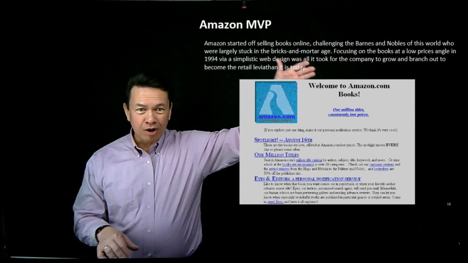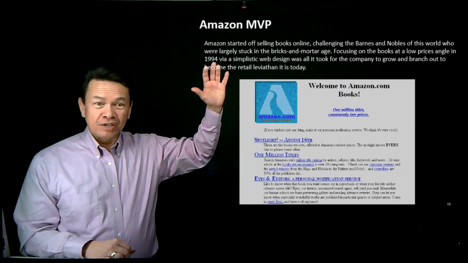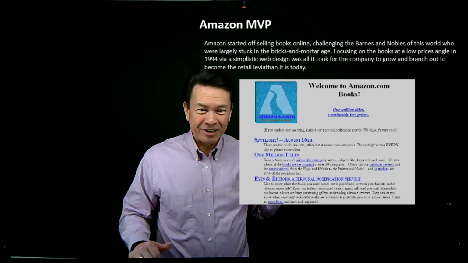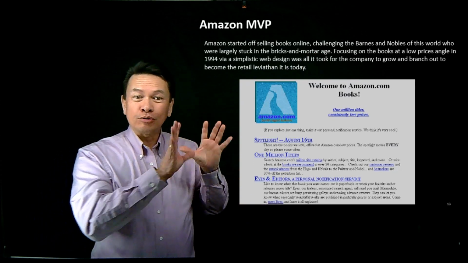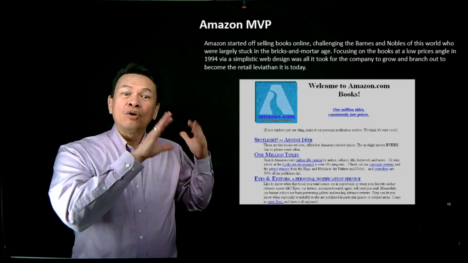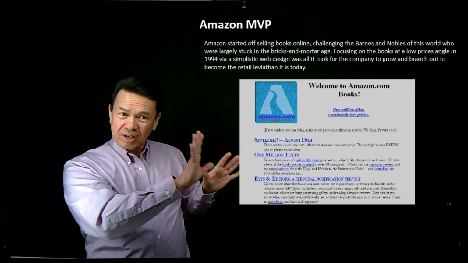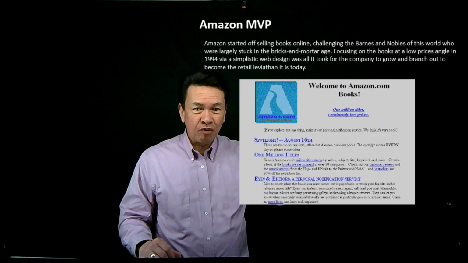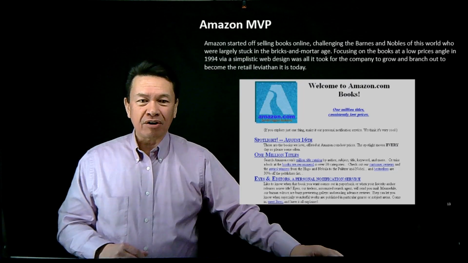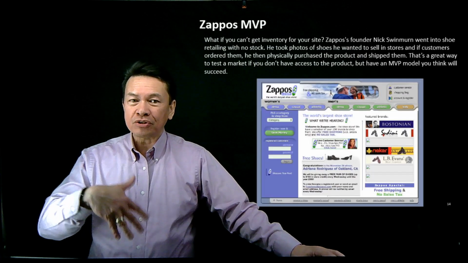Amazon, you guys know all about Amazon, but Amazon's story was basically, this is the first version of Amazon. Not quite the visual representation that we see of Amazon now, and they only sold books. And the whole idea is, would people actually buy books online or not? Let's have them on there and see if people utilize it before we invest too much in terms of building it all out, right? So I'm hoping you get the feel of it.